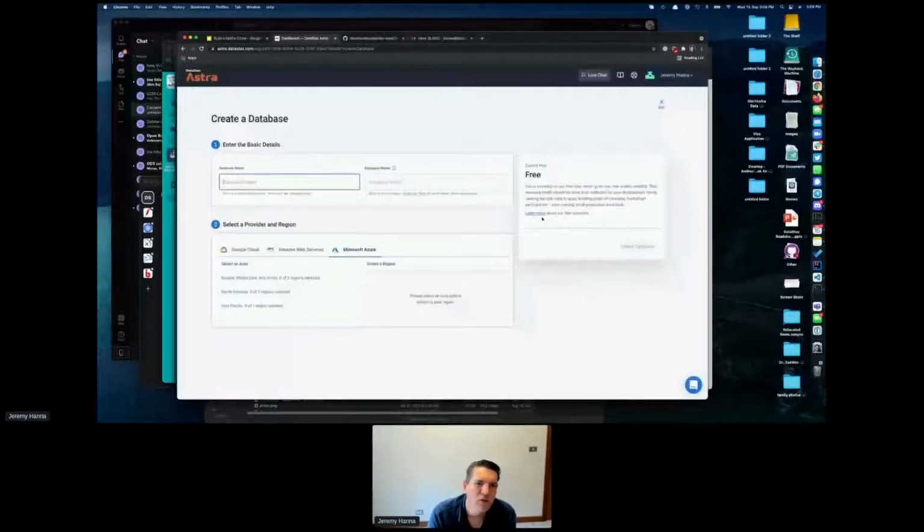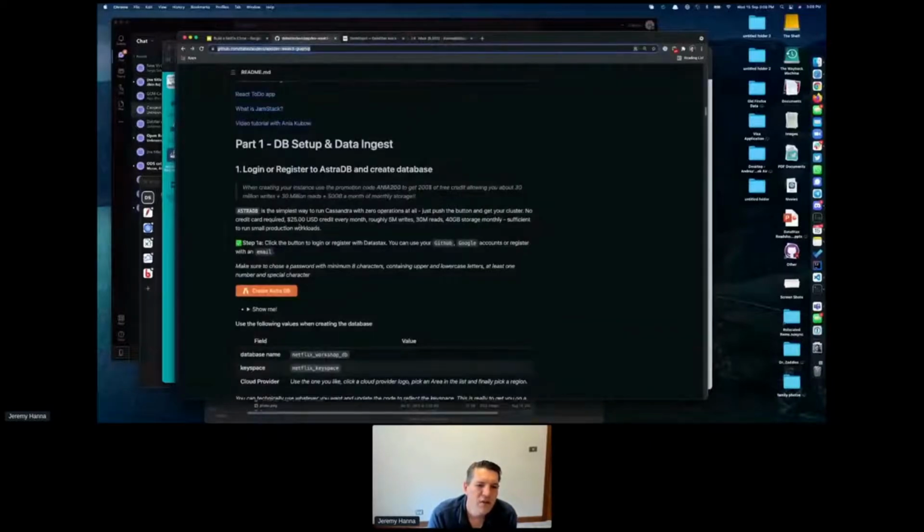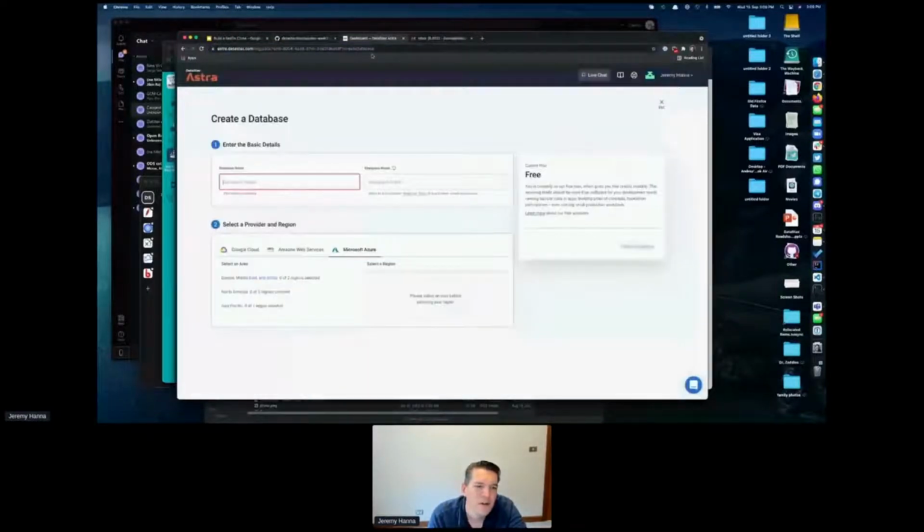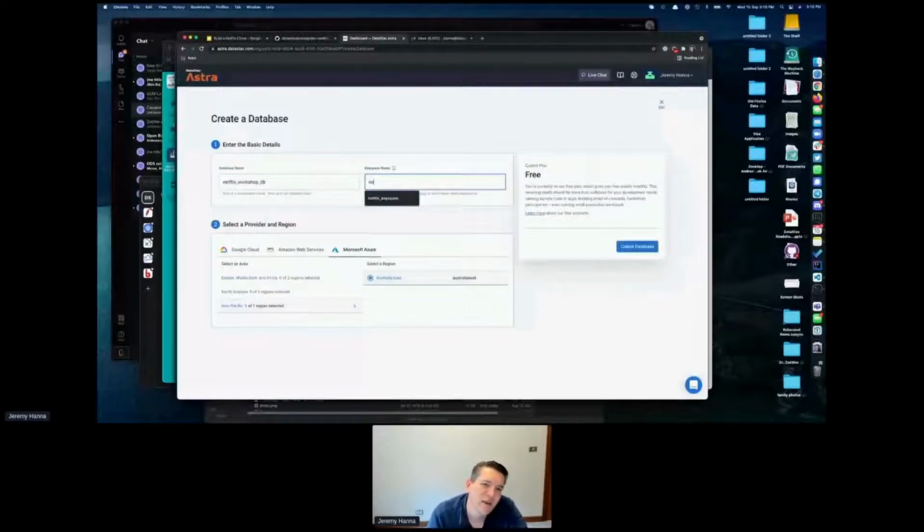So let's follow along with this. I'm going to create a database in Astra. I'm going to name it Netflix Workshop DB. I'm going to put it in Australia East in Azure, so that's nice and local. And then I'm going to make a Netflix keyspace to just seed our